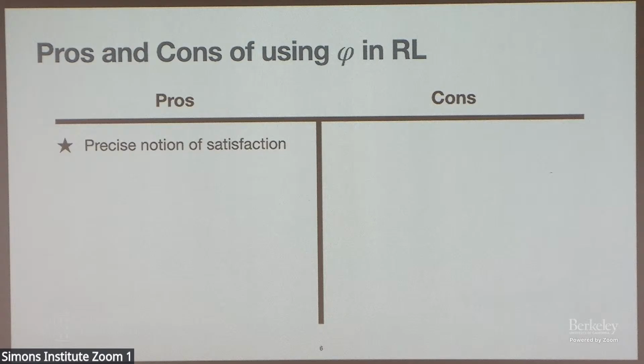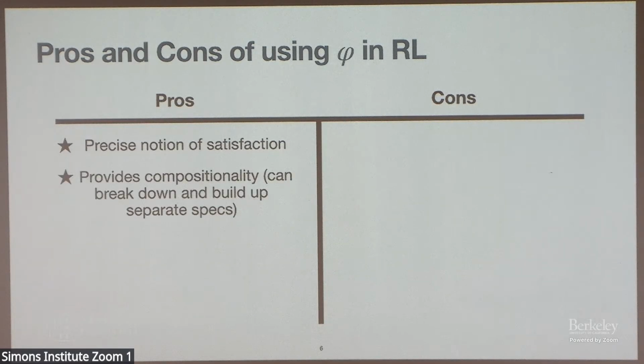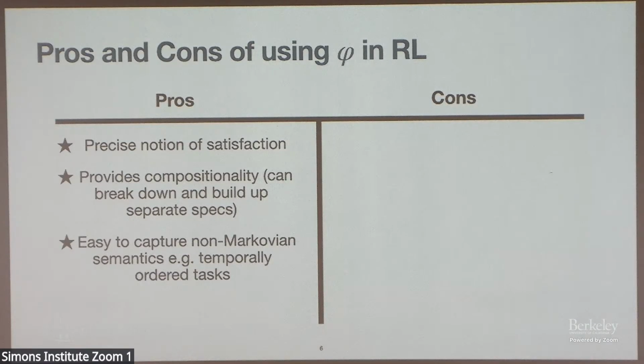That precision can be useful in a lot of contexts when I care about doing something specific and, at all costs, want to make sure I'm doing that thing. Another pro is that formal specifications often come with precise rules of compositionality. If I have two specifications in the same logical form, there is often a very principled rule for combining them into a new specification that captures the correct behavior exhibited by both, of course, if there are no contradictions. And the last thing that's nice is that you can easily capture non-Markovian semantics, like temporally ordered tasks, that are sometimes harder to encode in a reward function in an MDP.